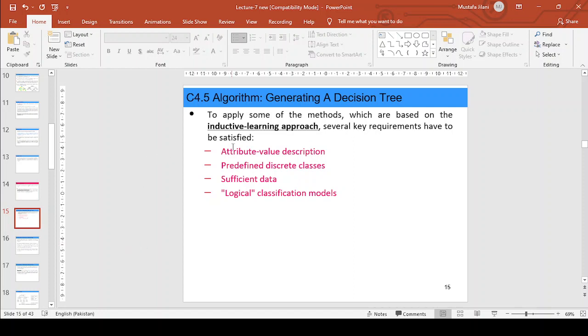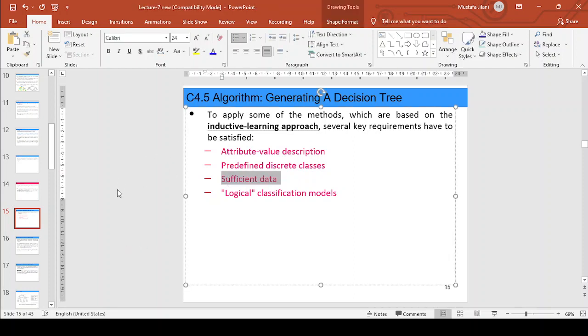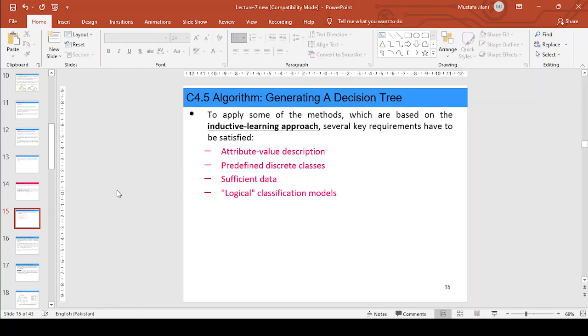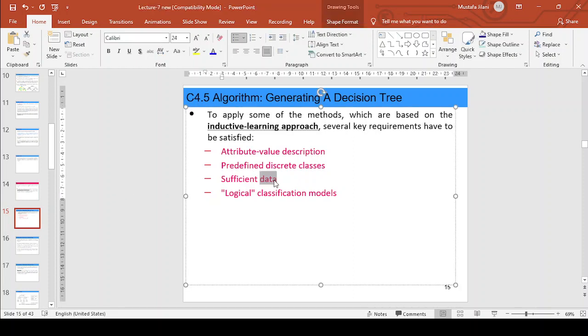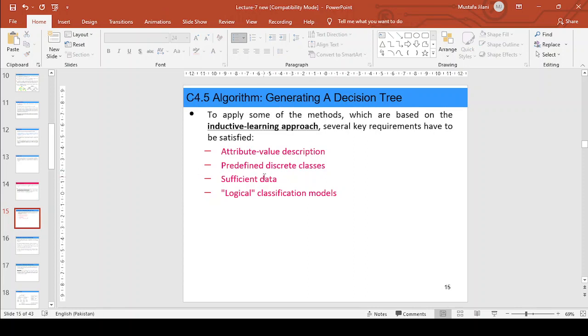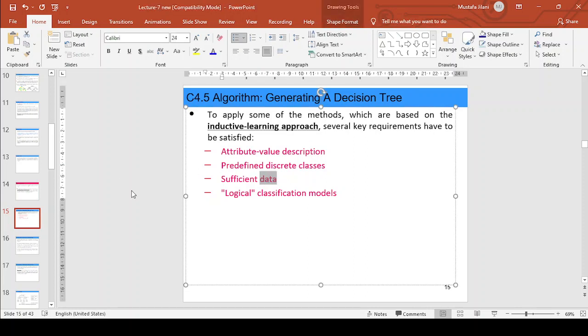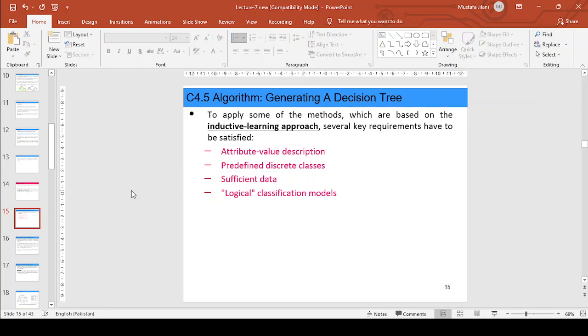You should have sufficient data. If we apply C4.5 on a small data set, we will not get good results. If you have 30-40 sample observations and you try to apply C4.5 on 4 or 5 classes, like t-shirt size: very small, medium, large, very large, that means 40-50 samples and 5 classes, so you have only 10 observations per class. It is not a suitable approach for a small data set. For a small data set, you have to go back to linear regression or simple functions.